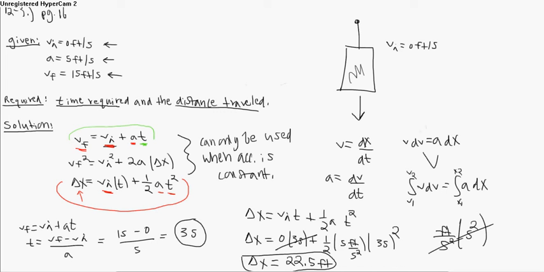That's how you solve this problem right there. This is a good refresher for these. Basically, this is a refresher on this formula, this formula, this formula, this, and this formula. And you need to know that these can only be used when acceleration is constant. The rest of it was just plugging and chugging and stuff, but these formulas right here are what's necessary. That's something that you need to know whenever you're dealing with rectilinear motion. And that's one thing that you need to realize: this problem was rectilinear